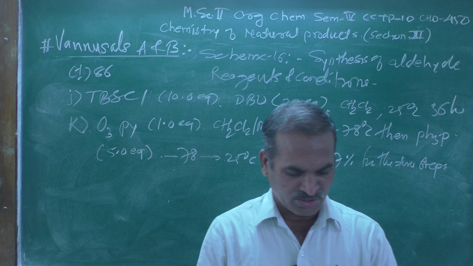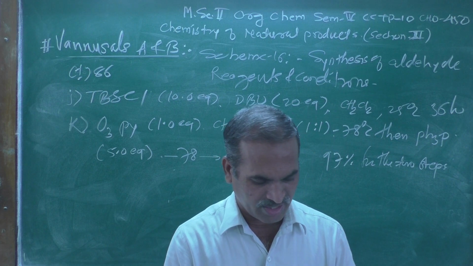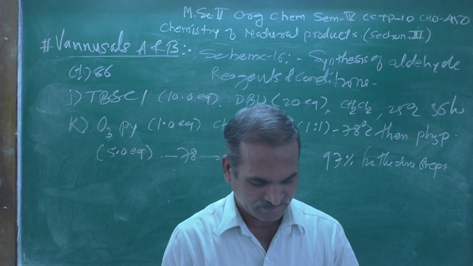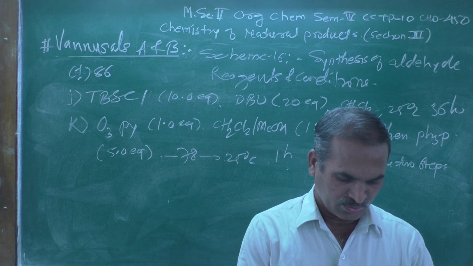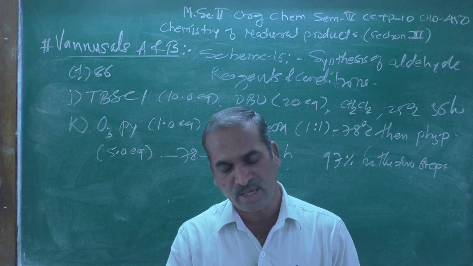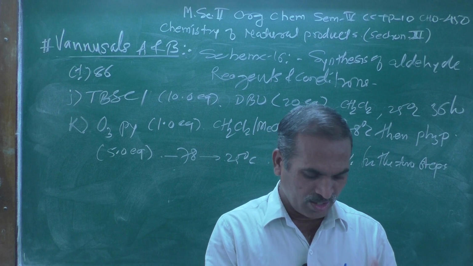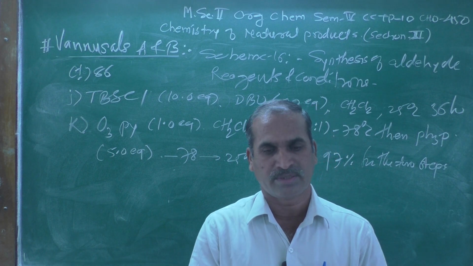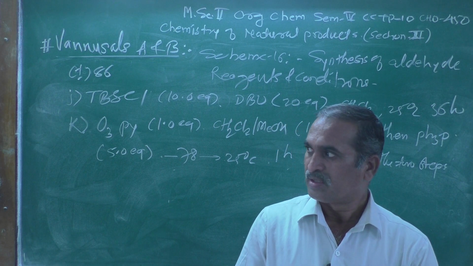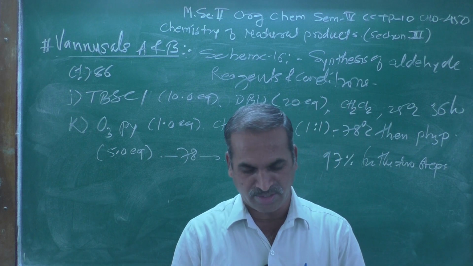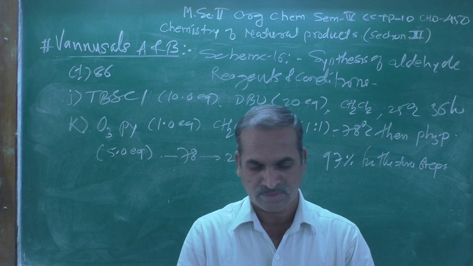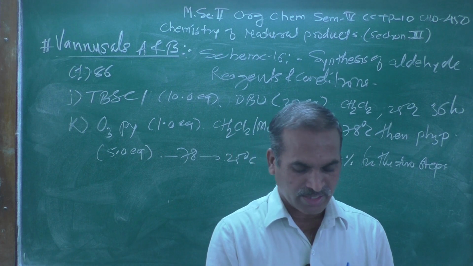This was for the synthesis of aldehyde (±)-27 as summarized in scheme 16, which we have discussed. So, I think in our next lecture we will describe the remaining schemes. I think only 3 schemes, 17, 18 and 19, are remaining, which we will discuss in our next lecture.